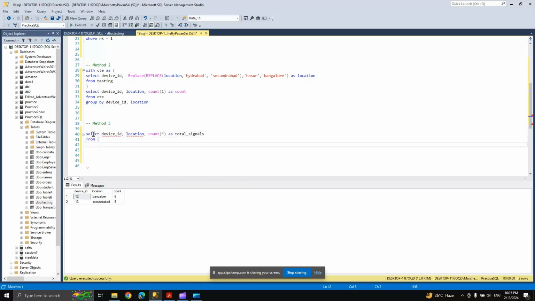Here I'll write a subquery where I'll write the case when statement in order to choose the respective locations. I'll write select device_id, comma. Here I'll write case when location is in Bangalore or Hosur,